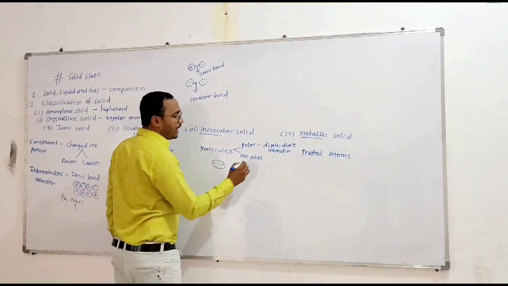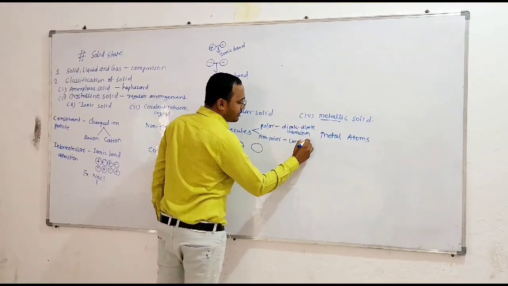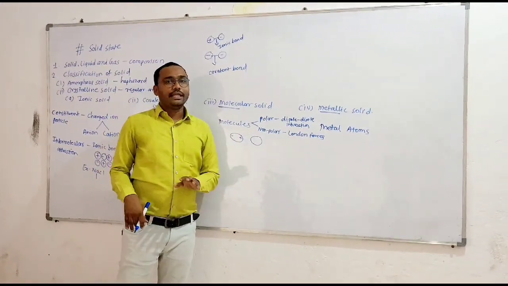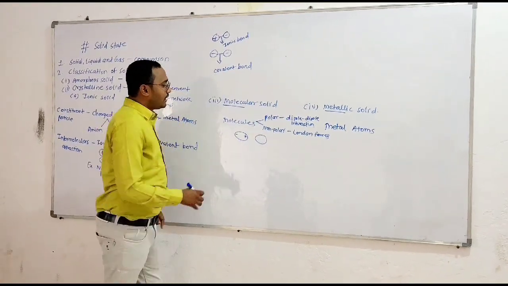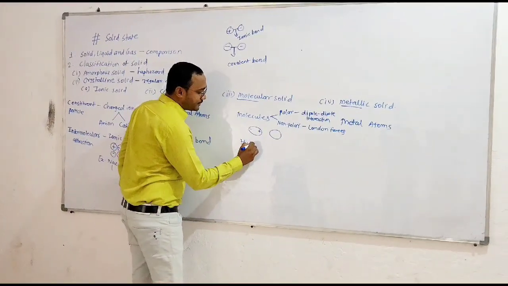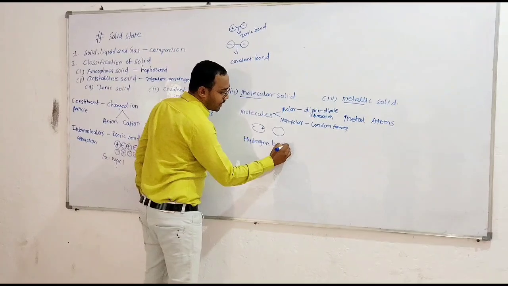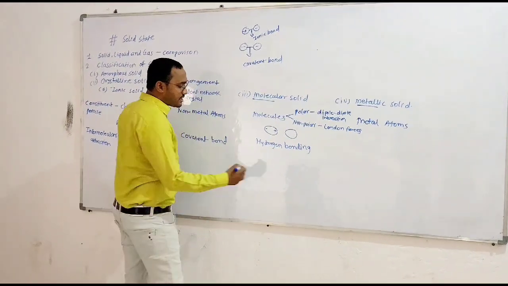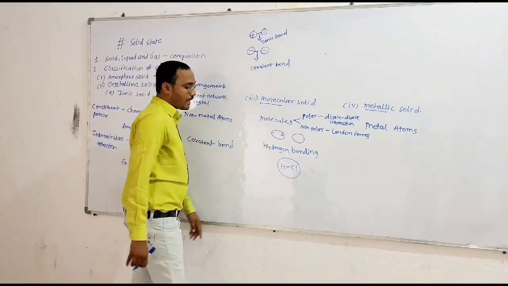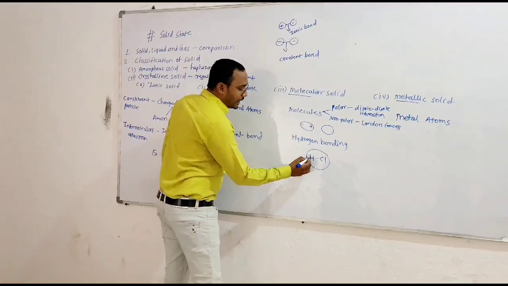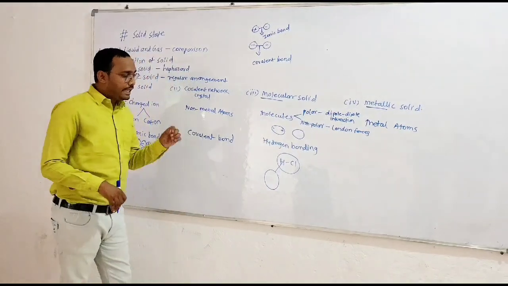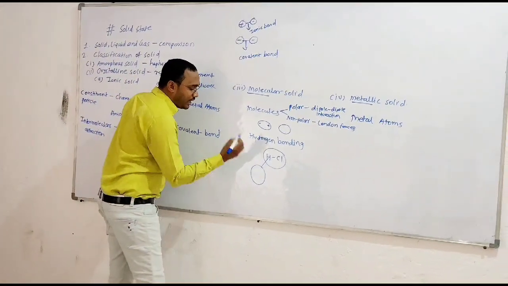But in case of non-polar molecules, we observe London dispersion forces or van der Waals forces, the weakest of the intermolecular forces. Another type of attraction present in molecular solids is hydrogen bonding. So what is meant by hydrogen bonding? Suppose any molecule contains hydrogen, I will take the example of HCl. And if that hydrogen is making a bond